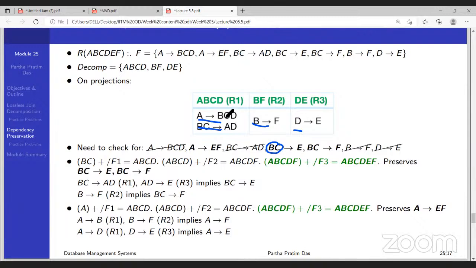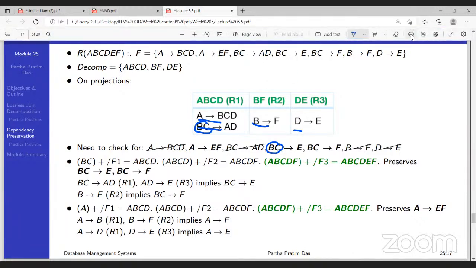So this functional dependency is not getting preserved here? Sorry, this one is getting preserved. EA is there, BCAD is there, BF is there. A determines EF is not getting preserved,